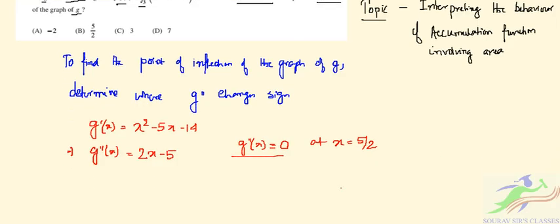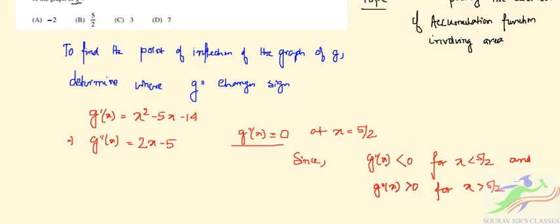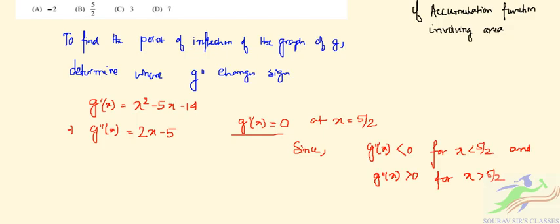Then since this g double prime of x is less than 0 for x less than 5 by 2, and g double prime of x will be greater than 0 for x greater than 5 by 2, right? So the graph of g, from here we can infer that